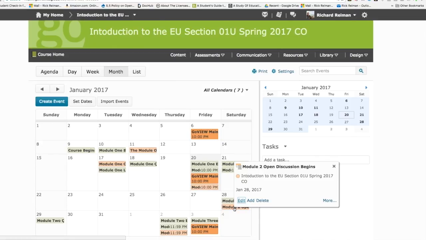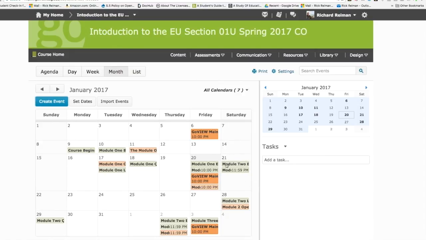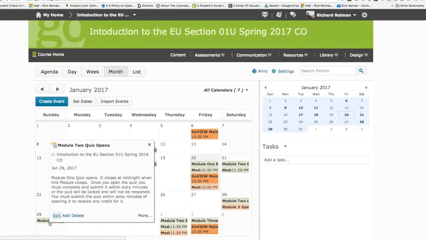Module 2 open discussion begins on January 28th. So it really doesn't begin until the module leader group posts their essay to this board, which they must do by midnight on the 28th. Now the rest of the class also needs to do something between the 21st and the 28th, and that is they need to read the module readings, familiarize themselves with the content of the course, because on January 29th, the